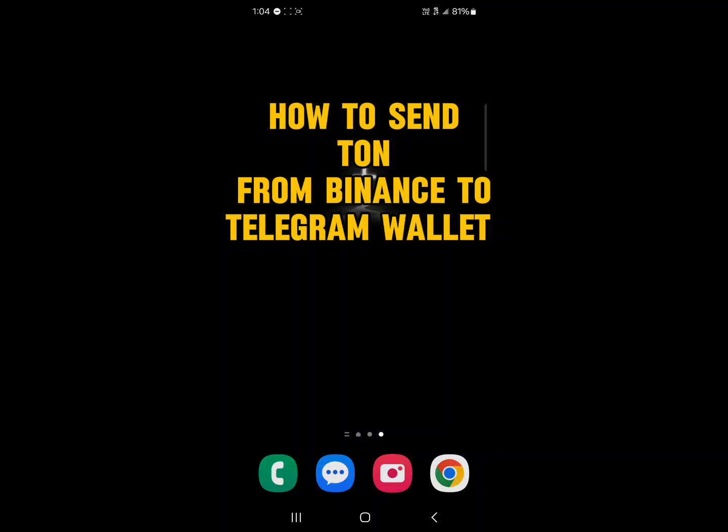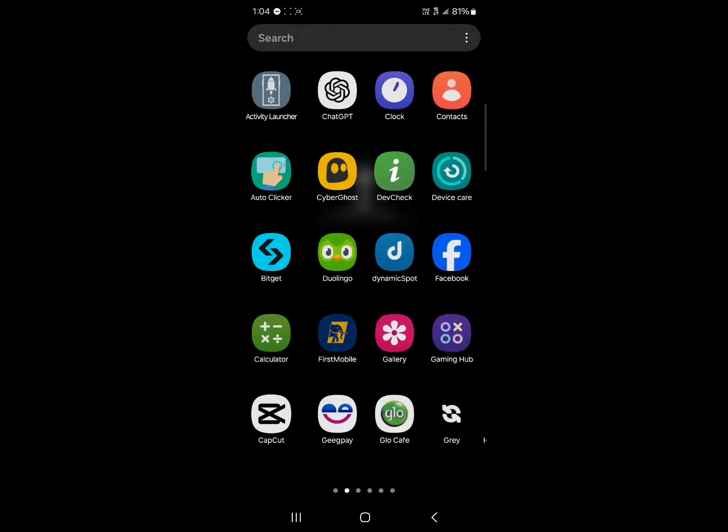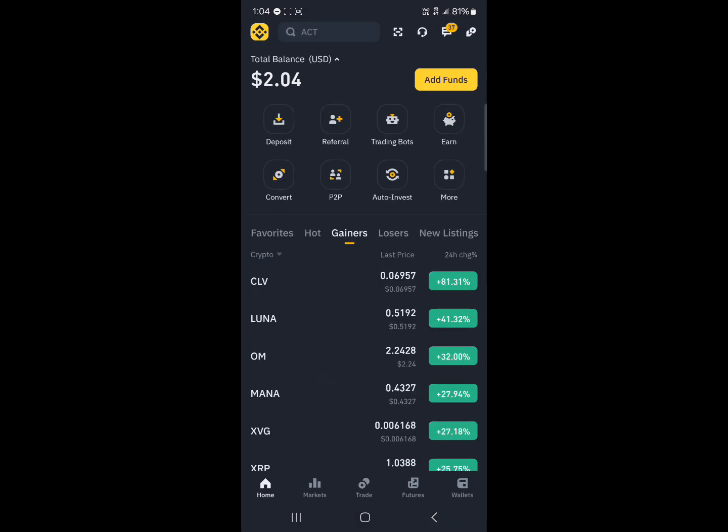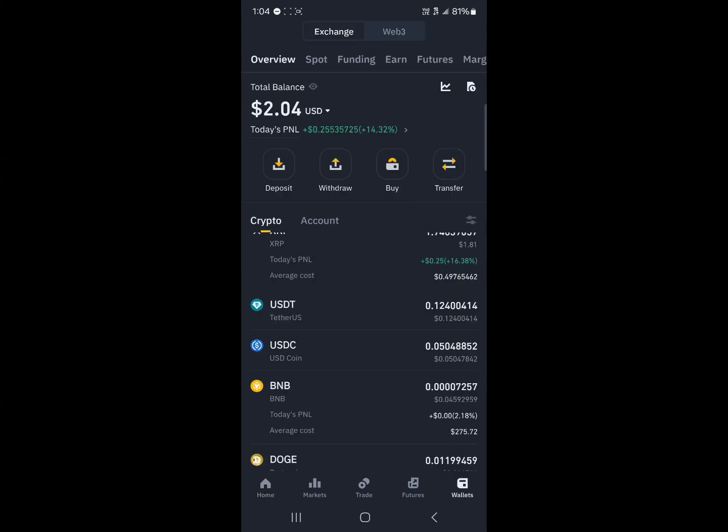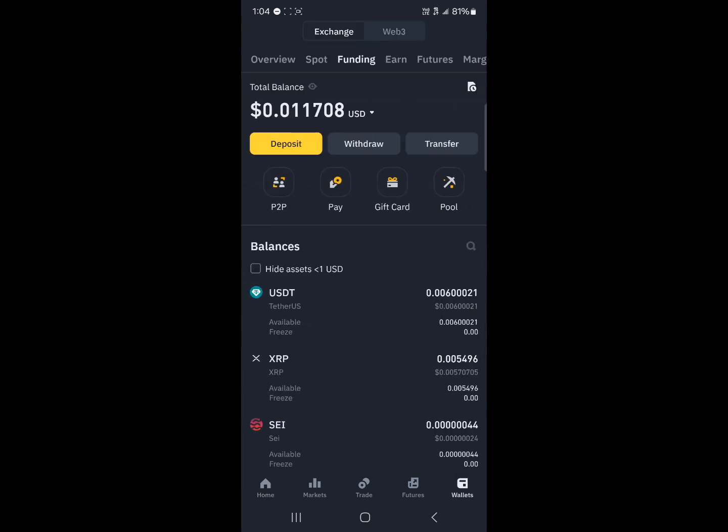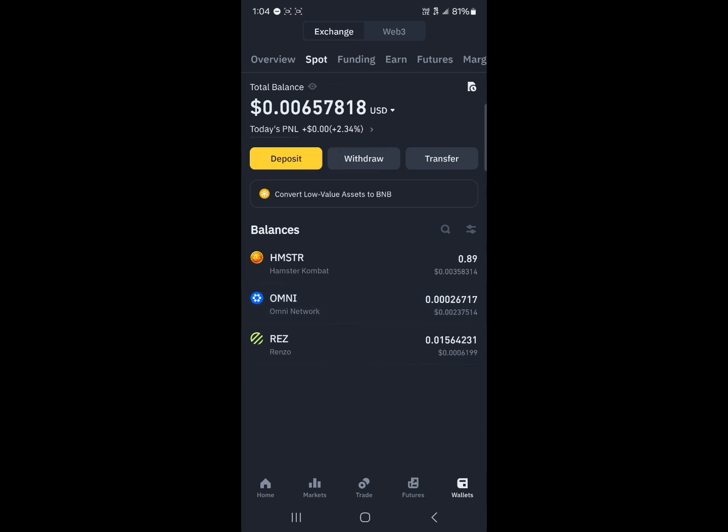In this short tutorial video, I'll be showing you how to send Ton from Binance to Telegram wallet. Alright, so your first step would be to open up your Binance application. Once you've opened it, head to the wallet section at the bottom right. Scroll from the overview to the spot or funding depending on where your cryptocurrencies are stored, and then click on